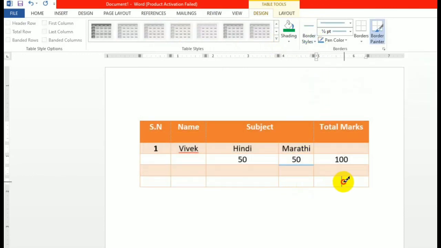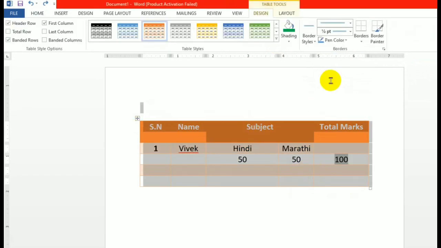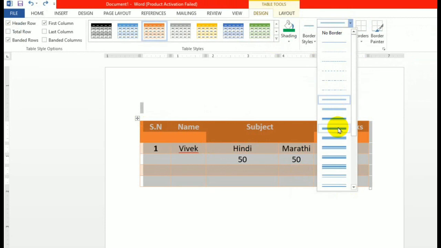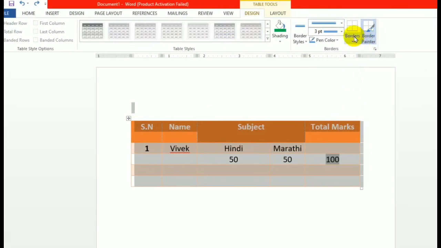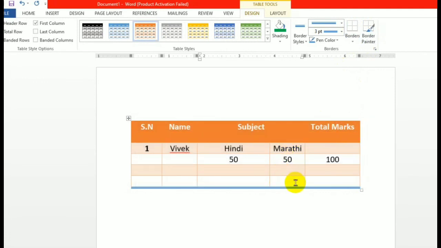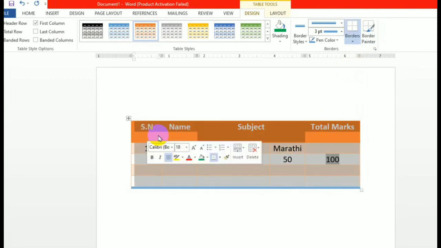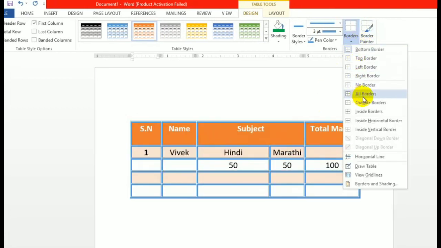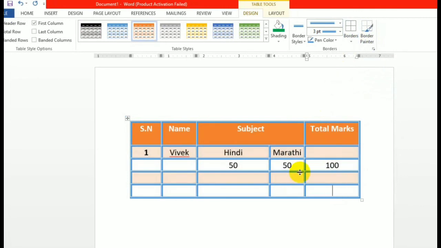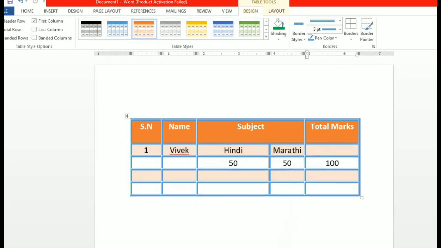Now we will learn about shading and borders. Okay, so in the design tab the shading option is there, and the border style also. You have to select the complete cell for that, and then you have to select a proper border. Then on which side you want to give borders, that is also present here. I have just selected down. Okay, so only that side has been bordered. Here the all borders option is also present, so you can select the whole table and go to the border option, click on that little down arrow, and you will get all the other options for which side you want to give a border. Okay.